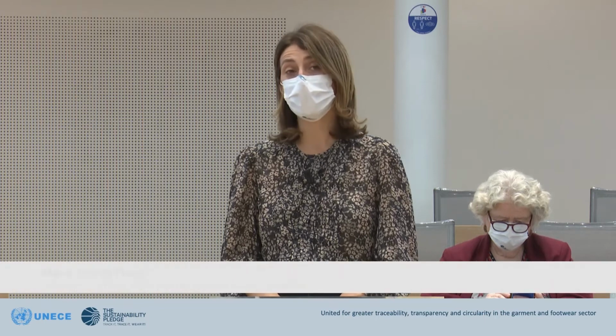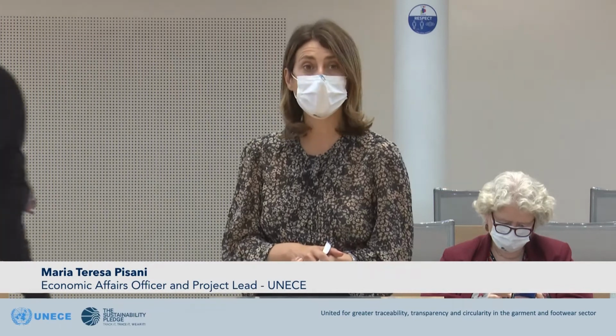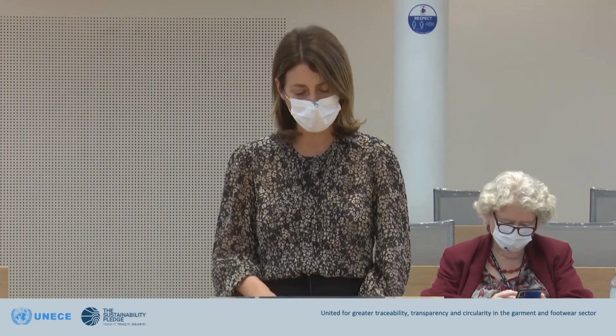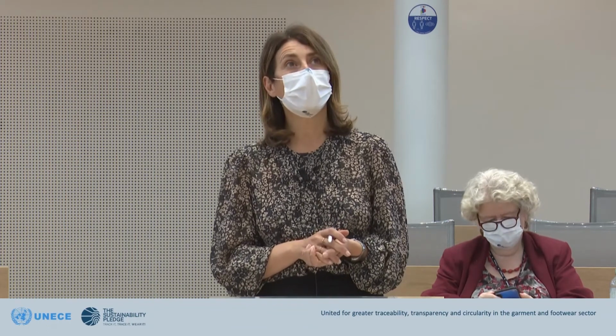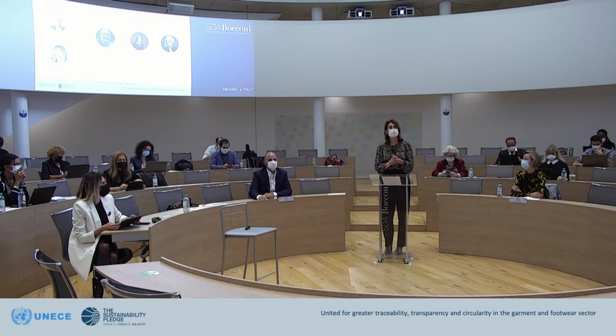So we go for module 7, and this is about the business requirements, the data model, and the data exchanges for traceability and transparency of sustainable and circular value chains in textile and leather. For this session, we have two members of the UNECE project team that are going to moderate the discussion and to present the key elements of the business requirement specifications developed as part of the project: Gerhard Heemskerk and